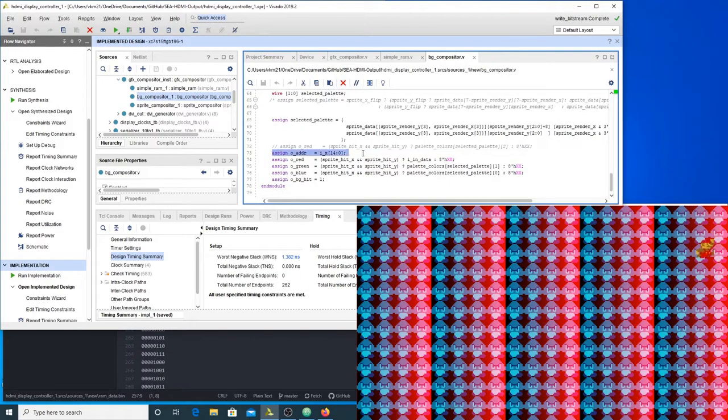The red color is always going to be defined by whatever value is in our RAM at the address that is equal to the first 15 bits of the X